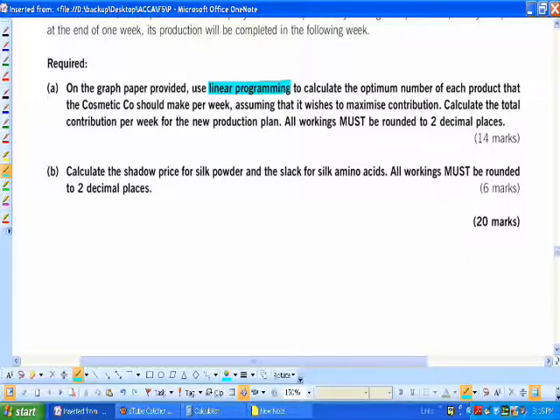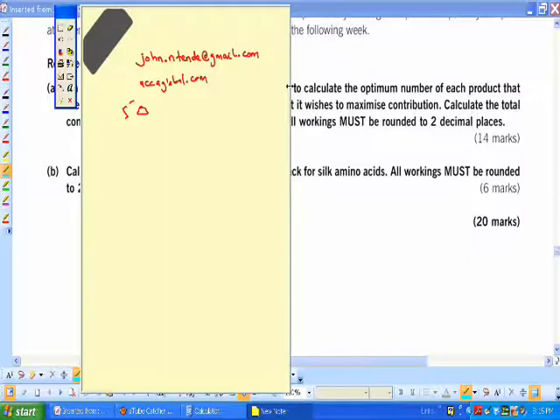The paper has 5 questions, each with 20 marks, which gives you your 100%. Each question is 20 marks, and you're expected to spend about 1.8